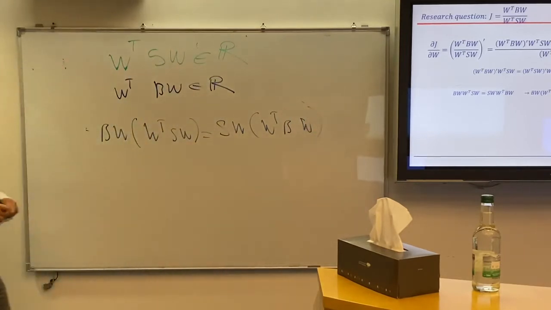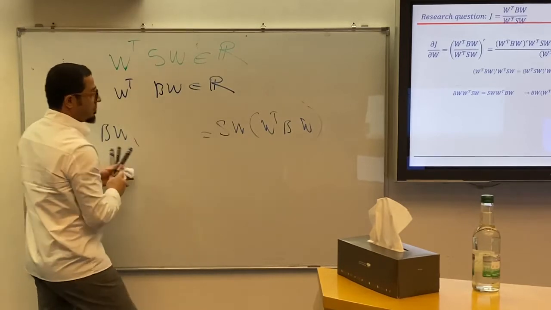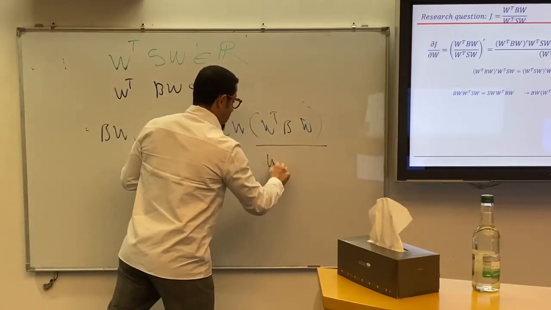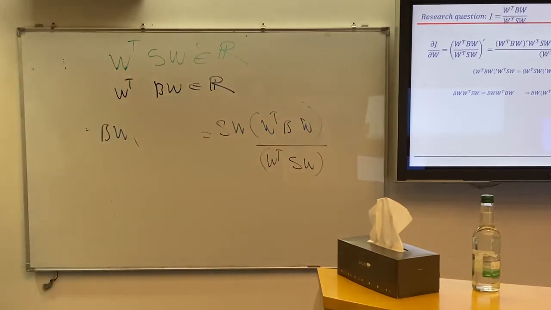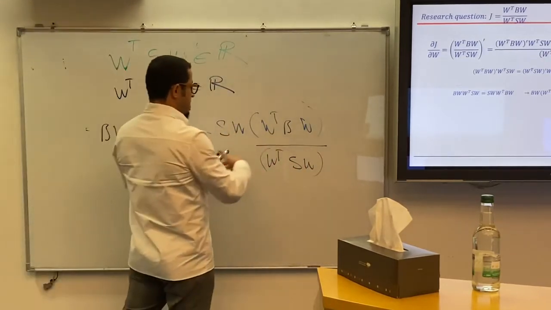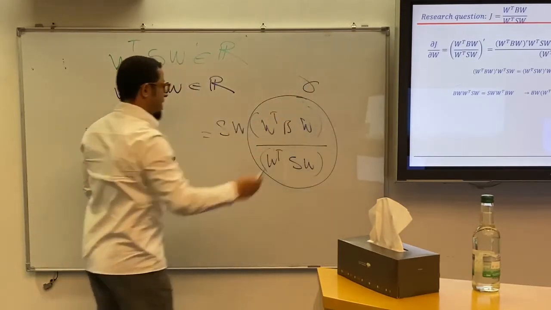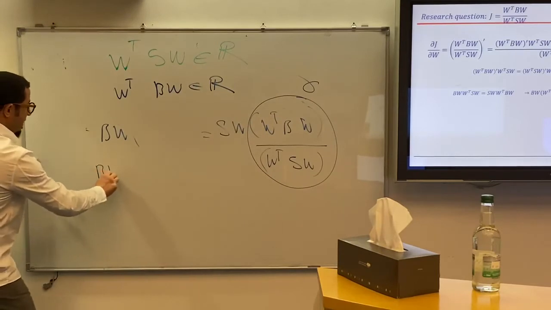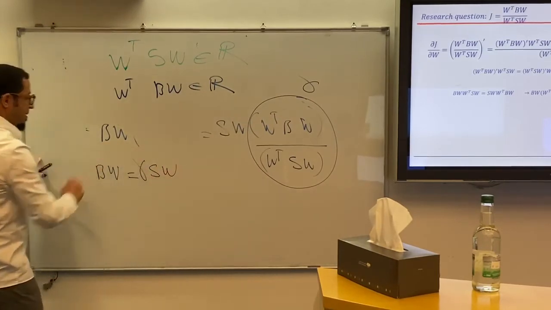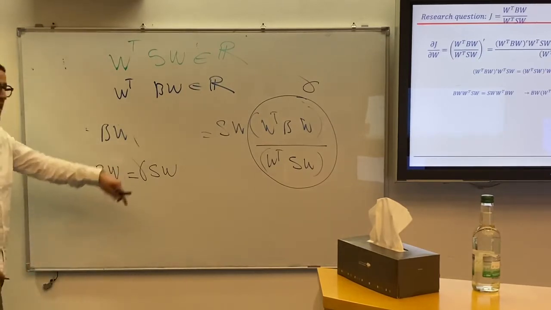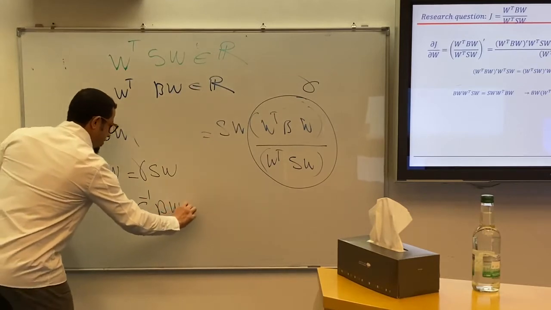Clear? So please, this one here, I will remove it and put it down because it is a number. Otherwise, I cannot put it for matrices. Yes? Clear? This one, let me call it any number. Call it gamma, for example. So what do we have here? B W equals S W times gamma. I put down S^-1, what will be here? S^-1 B W equals